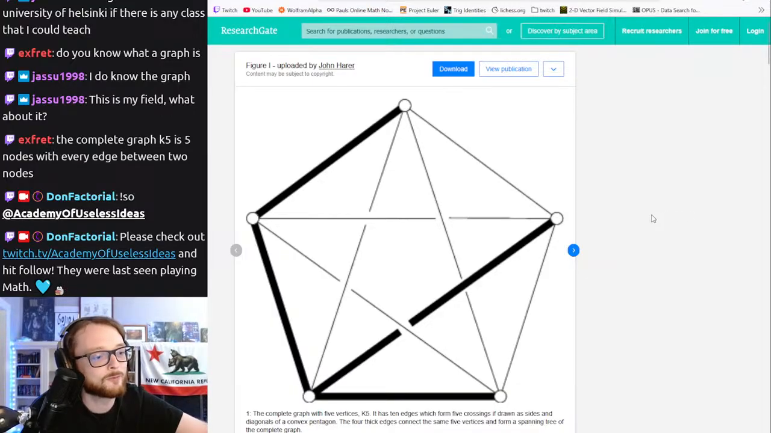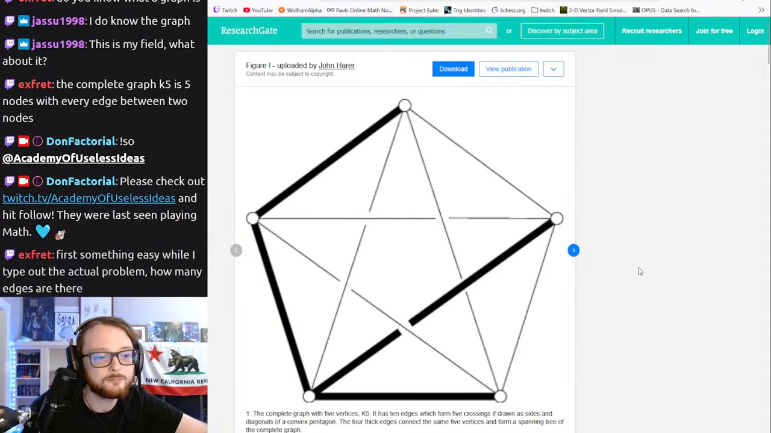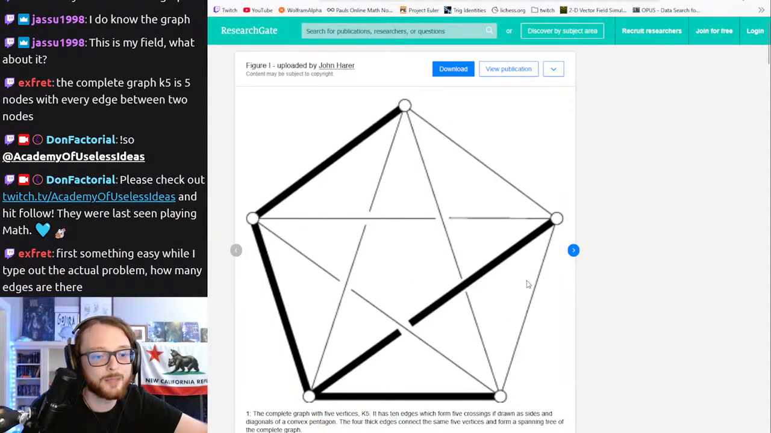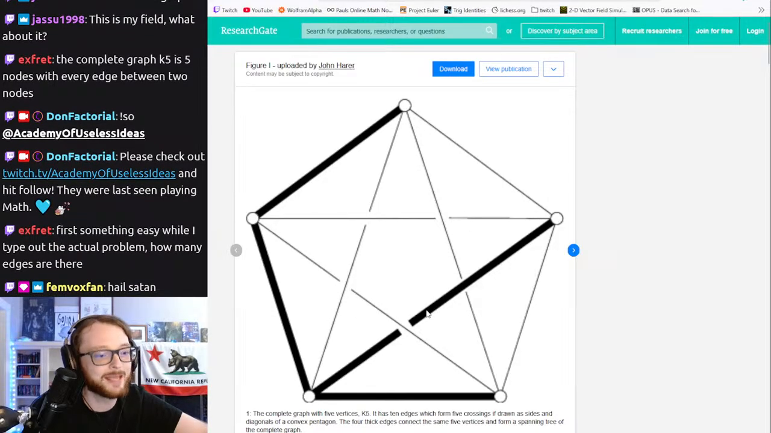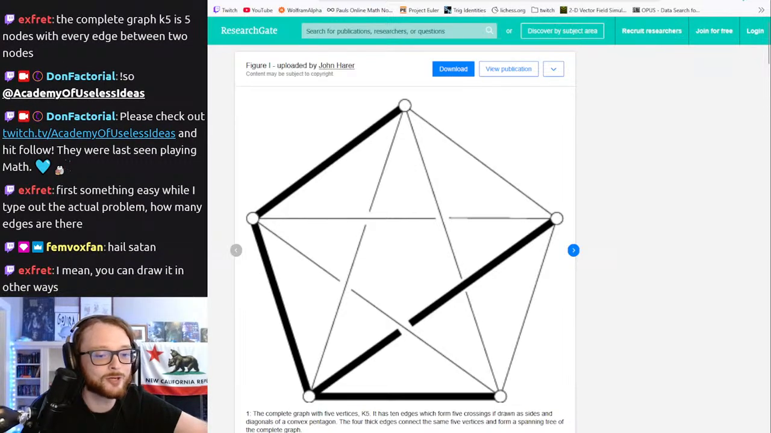Complete graph K5 has 5 nodes with every edge between 2 nodes. Oh, and it just looks like a pentagon with a star inside, I guess. Hail Satan! This math problem was brought to you by Satan. First, something easy while I type out the actual problem. How many edges are there? You can draw it in other ways? Okay. Well,